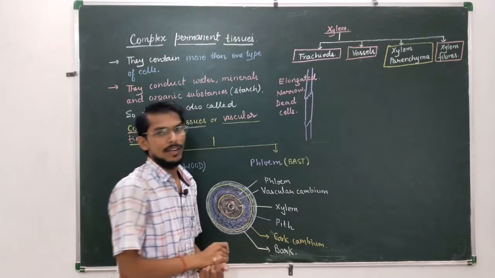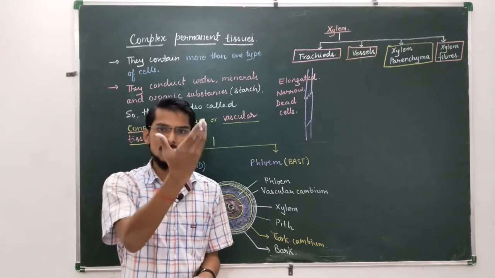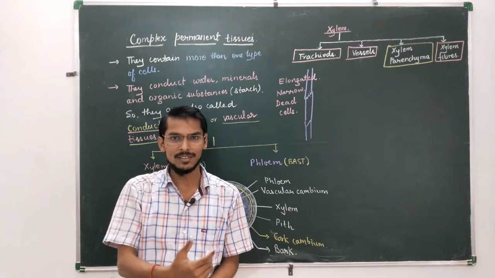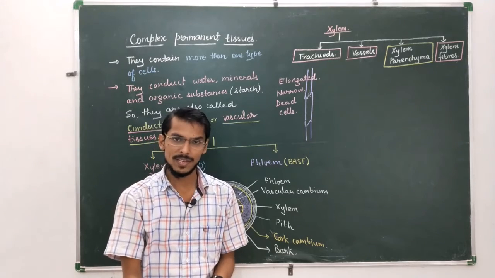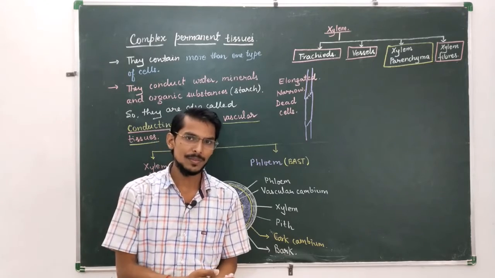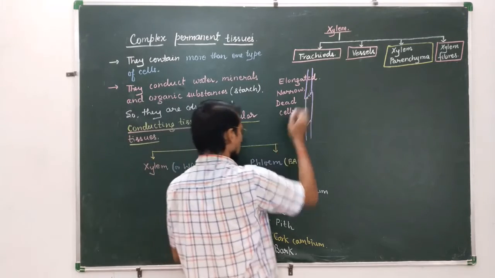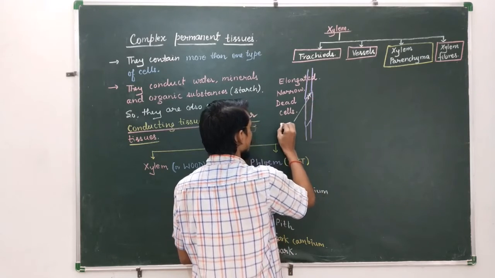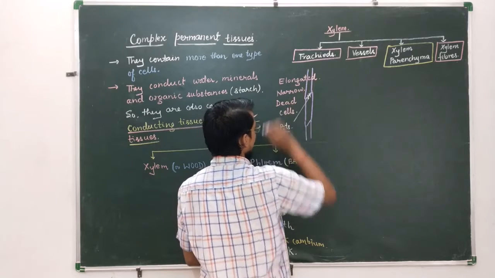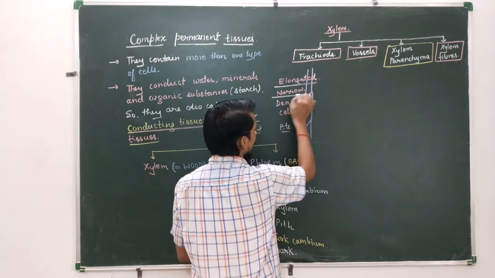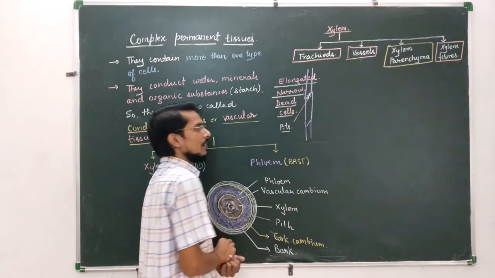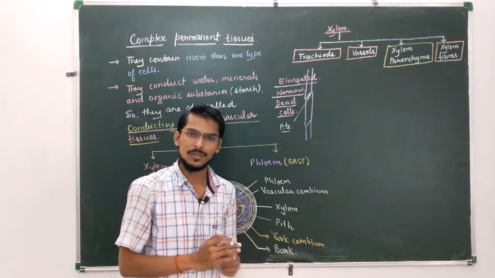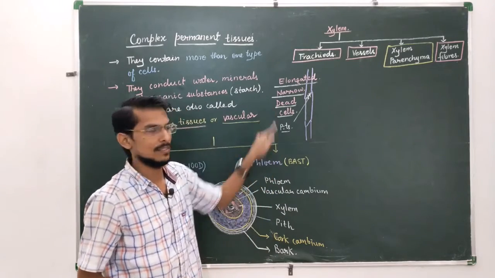As you know very well that xylem is related with the conduction of water from soil to the aerial parts of the plant. So the cells must be tube-like in structure so that water may be carried from the soil to the aerial parts of the plant. So there are small pores which are called pits. These are small openings which are called pits. Okay. So about tracheids, you just have to write they are elongated, narrow, dead cells which are connected together by small pores called pits. Okay, and you must remember that they are dead cells.